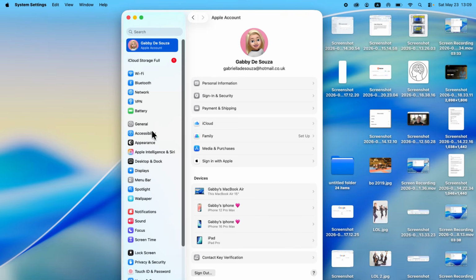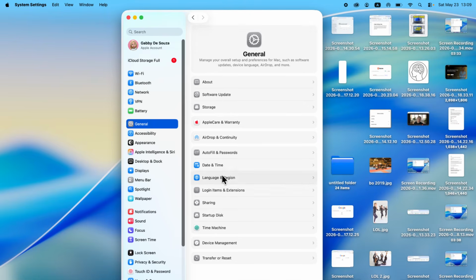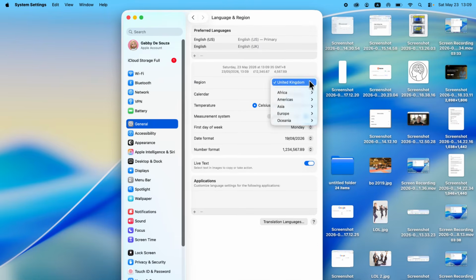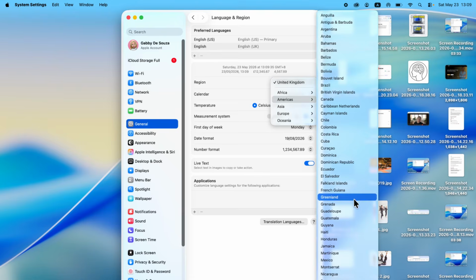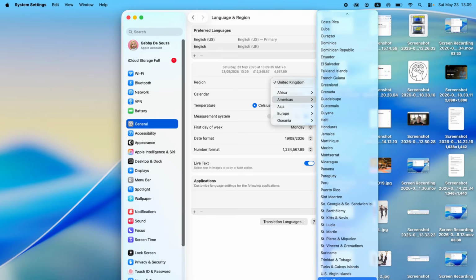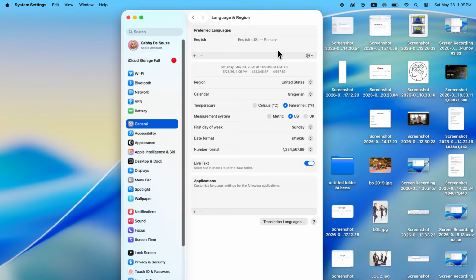You can then scroll down on the left hand side and click on General, scroll down to Language and Region, click on the drop down next to Region, click on Americas, and you can try changing your region to the US. Now once you've done this, click on the search box at the top of the page and type